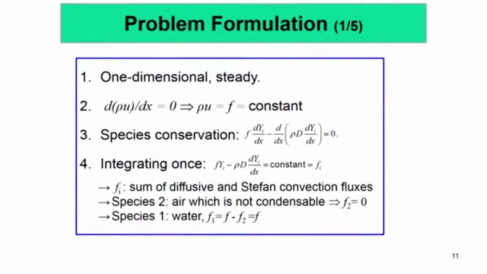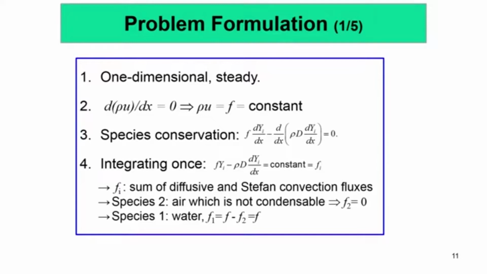Alright. So of course this is a steady problem, there is no net change of the species profiles inside this beaker, and it is one dimensional and steady. And also you see that if we apply the continuity equation, we get d(rho u)/dx equal to 0, and then it means that rho u, the mass flux, is essentially equal to constant. Now we can also apply species conservation for